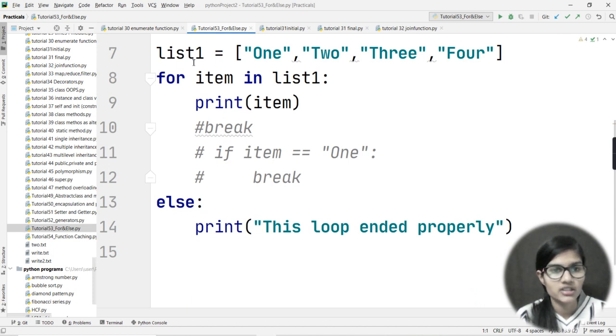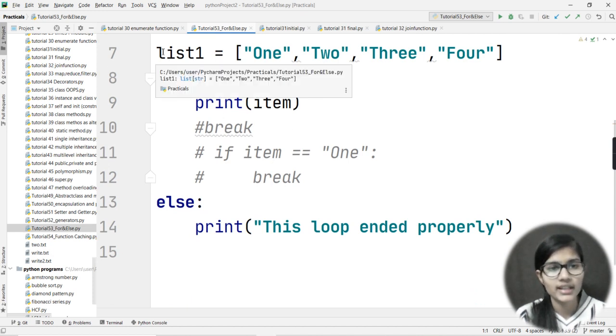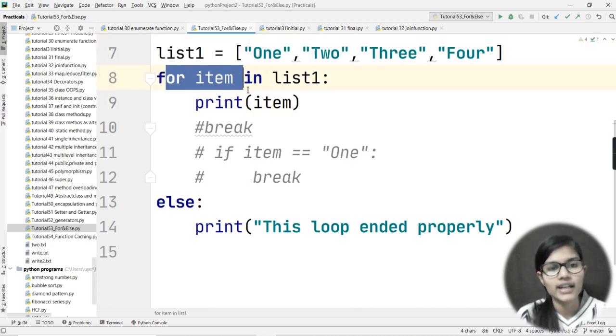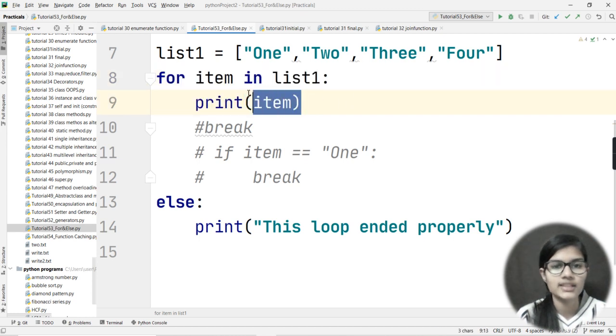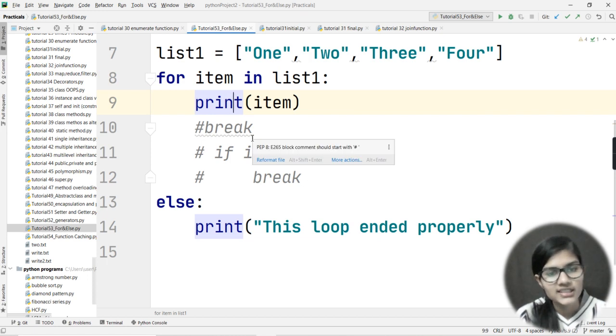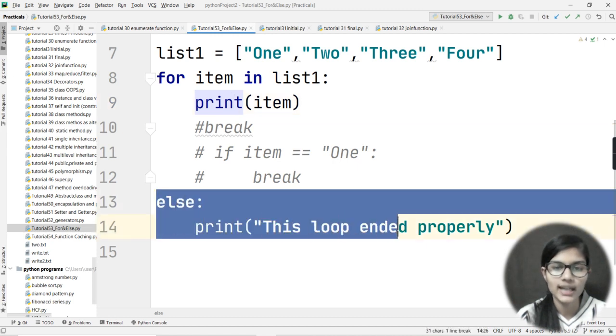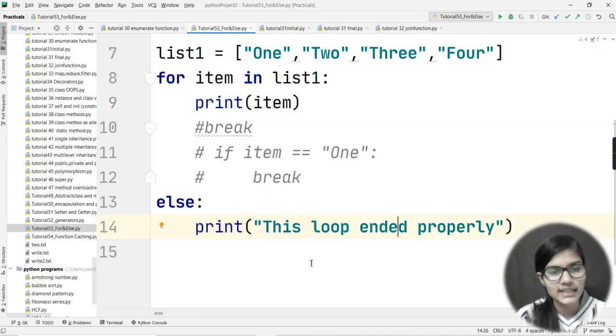Let me once more explain this program to you. Here I had taken a list, that is list1, and I have stored these items in it. Now, if I write for item in list1 print item, and I want to access every element of this list, I would use this. Now, if I am using this break statement, then after using it my control will not go into my else part. It will automatically go out and just print that thing only.